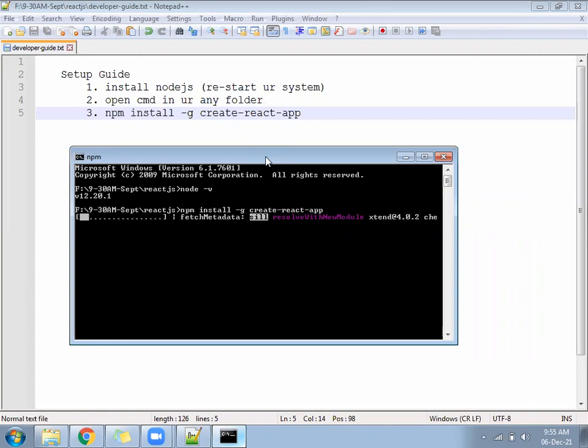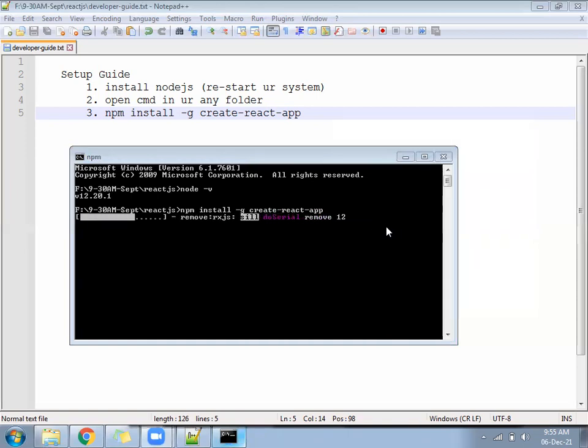Both are following. Leave the warning; the warning does not matter.